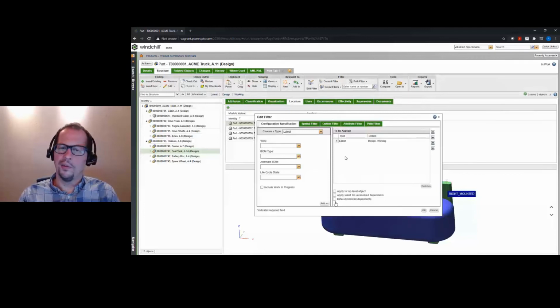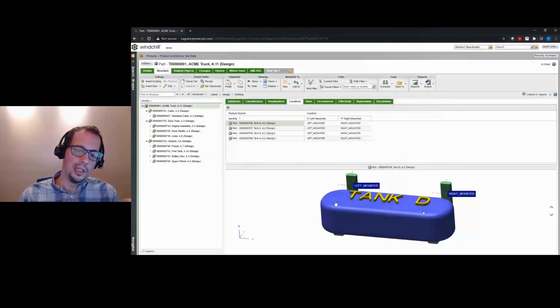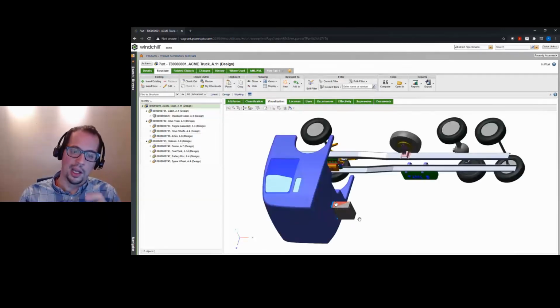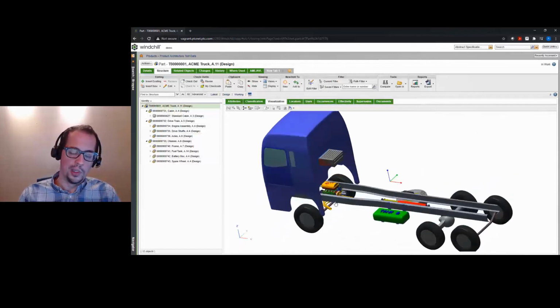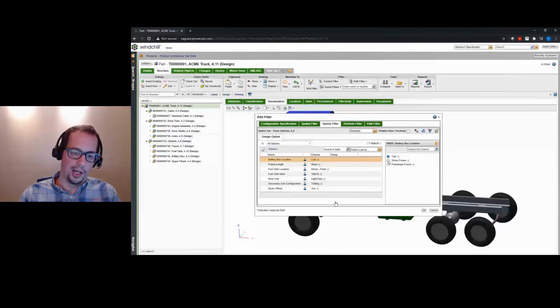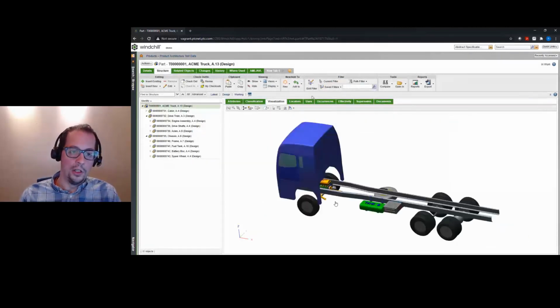And now I may want to configure something. So you can simply go to the option filter here and make some design choices. And once I've made these design choices, the Windchill Smart Platform will be intelligent enough to use the positioning architecture to solve the resulting position for this specific configuration based on the rules that you've chosen. So we can see here, it knew to place the battery box on the cab and the fuel tank on the driver's side, but I can just as well switch that in addition to the length of the frame, perhaps how I assemble my rear axle, and then Windchill will intelligently build the solution again